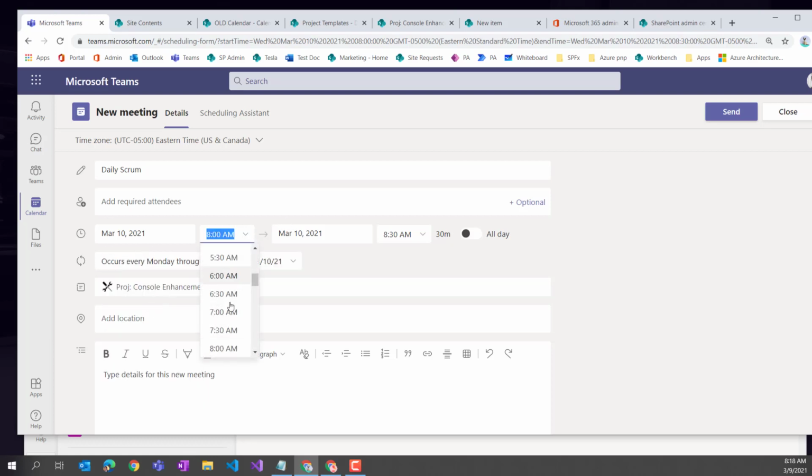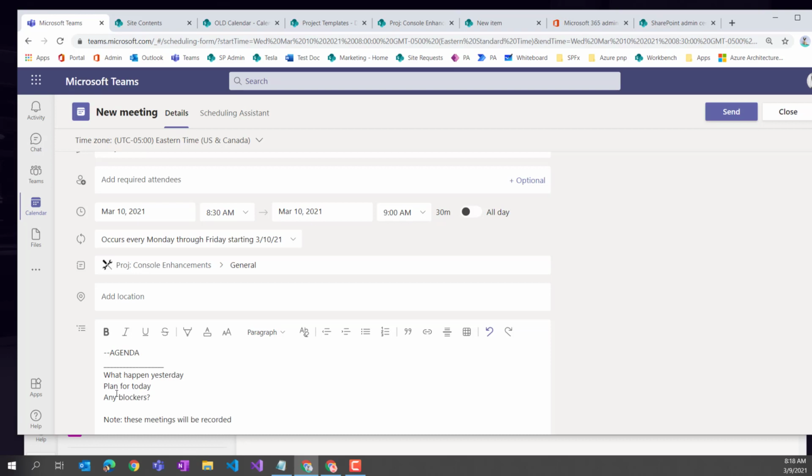So here, I'm going to go ahead and make this a weekday thing. We're going to meet every morning at 8:30, and that's going to be half an hour. And then what I want to do is drop in the agenda, because I want to make sure everyone is on the same page. And I love these recurring meetings for two reasons. One, you get to, when you record these,